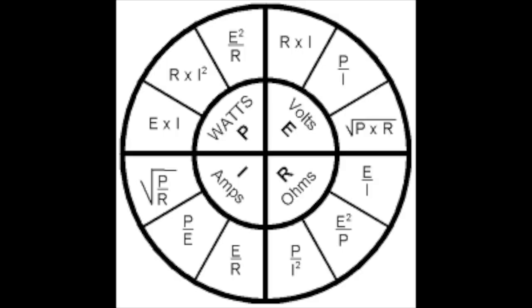The next quadrant I'd like to talk about is amps. And depending on the Ohm's law wheel that you're looking at, it might just have a letter I there. Or it might say I and amps. Both. And amps, again, like volts, is a household term. A lot of the general population is familiar with the term amps. They might not know what it means, but at least it's something that's known or recognized.